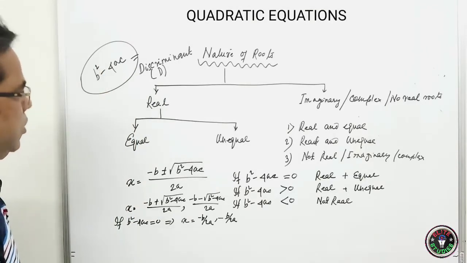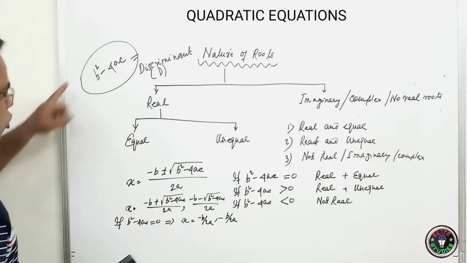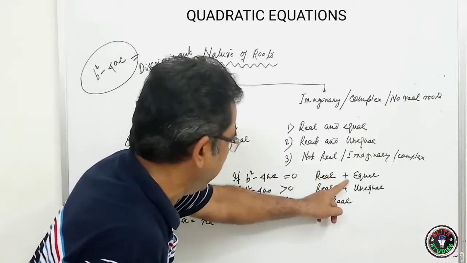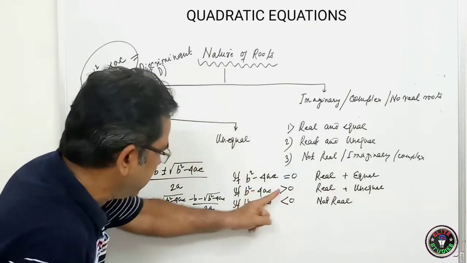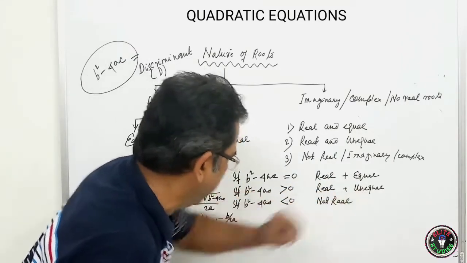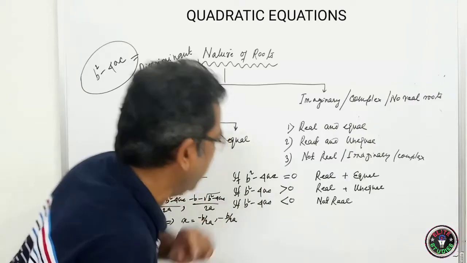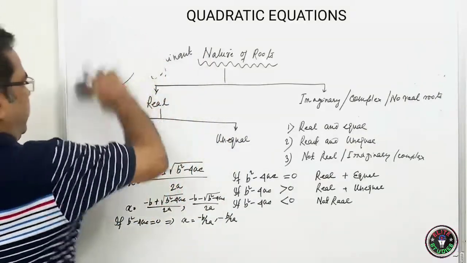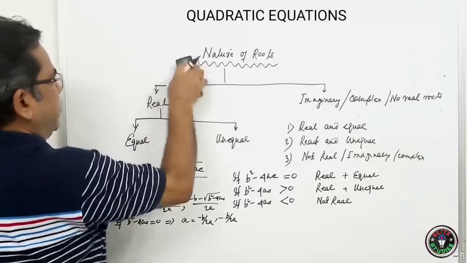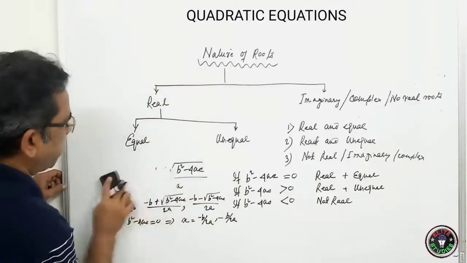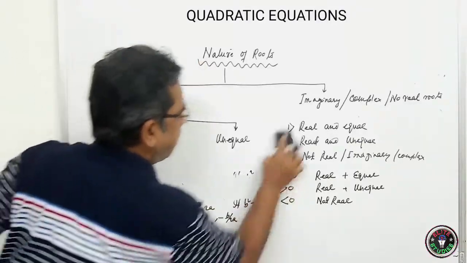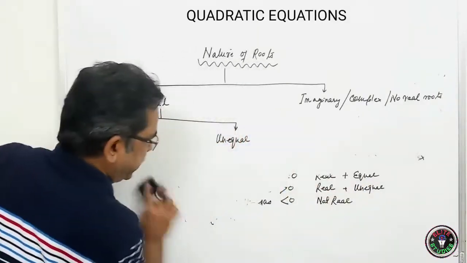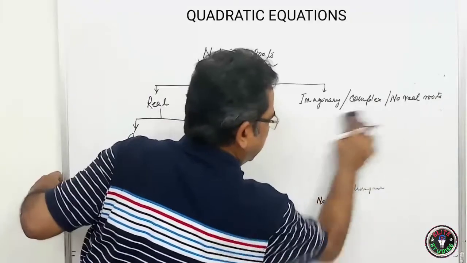Okay, students? So now we will summarize. If D is equal to 0, roots are real and equal. If D is greater than 0, real and unequal. If D is less than 0, it will be not real. So now let us summarize. The tree which I will make, you keep it and